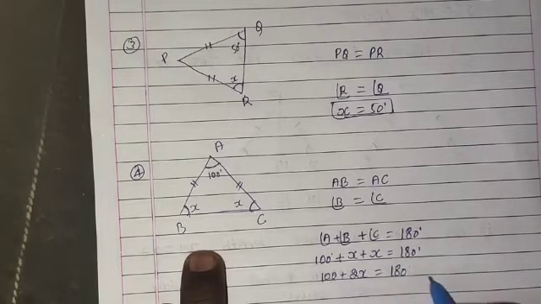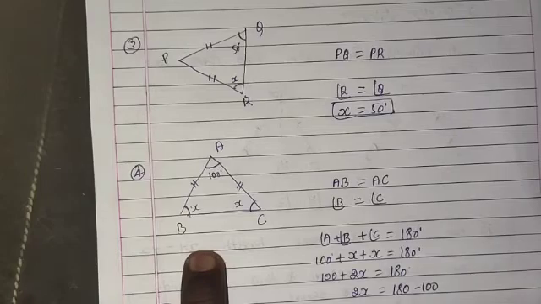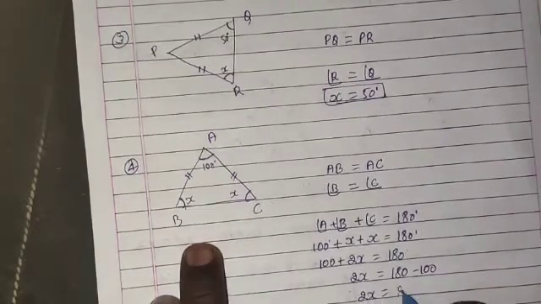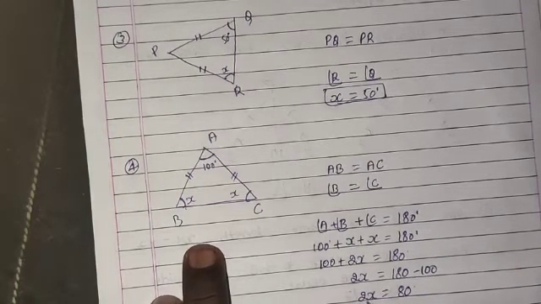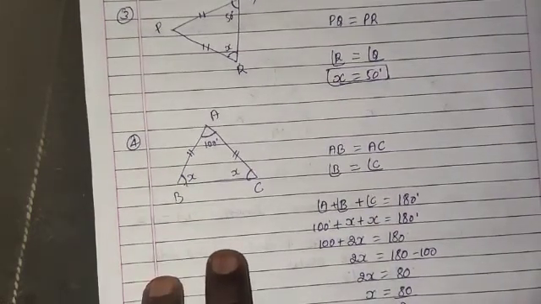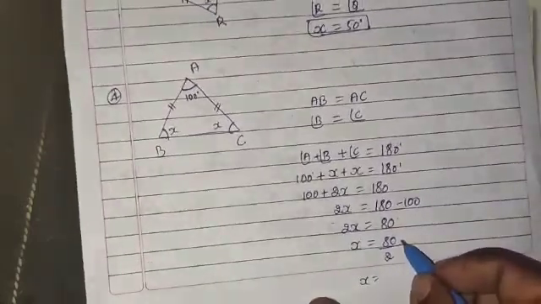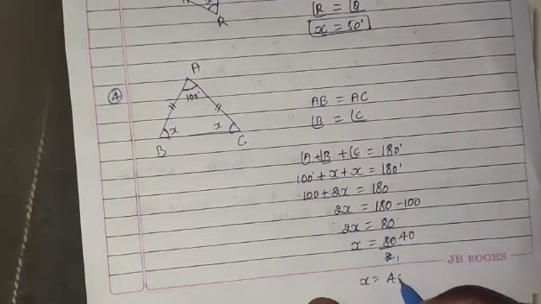We have to shift this 100 to the right side of the equals. It becomes negative. It means 2X is equal to 180 minus 100. So 2X is equal to, we subtract 100 from 180, and we get 80. So we have to find out the X value. Here it is 2X, so we shift 2 to the right side, and it goes to the denominator. It means 80 divided by 2. Okay, 2 divides 80 how many times? 2 fours are 8 and 0. X is equal to 40 degrees.